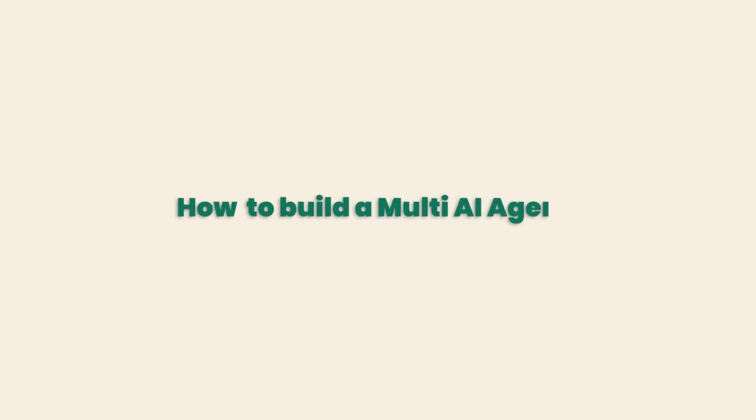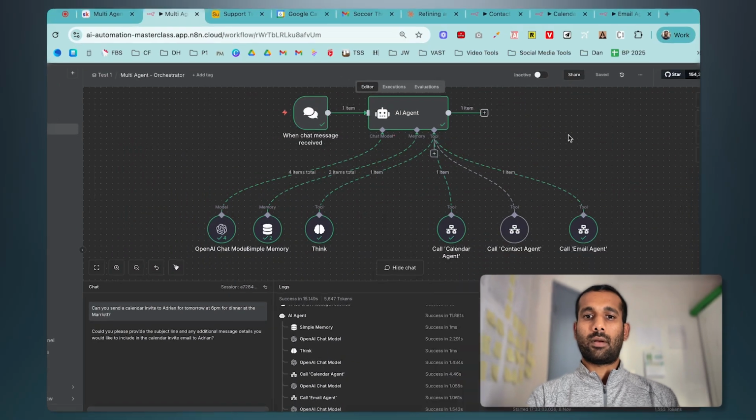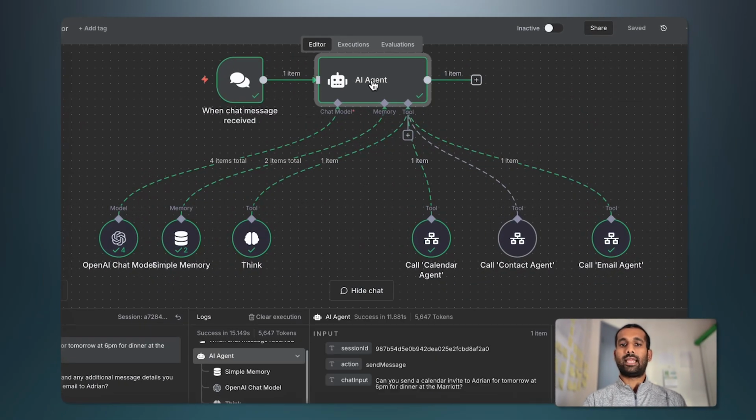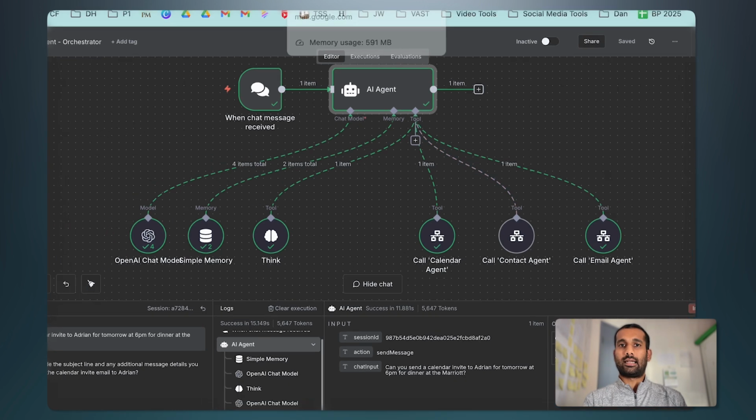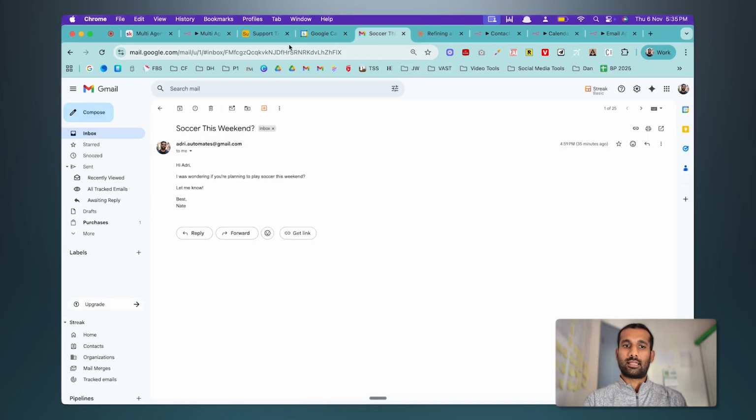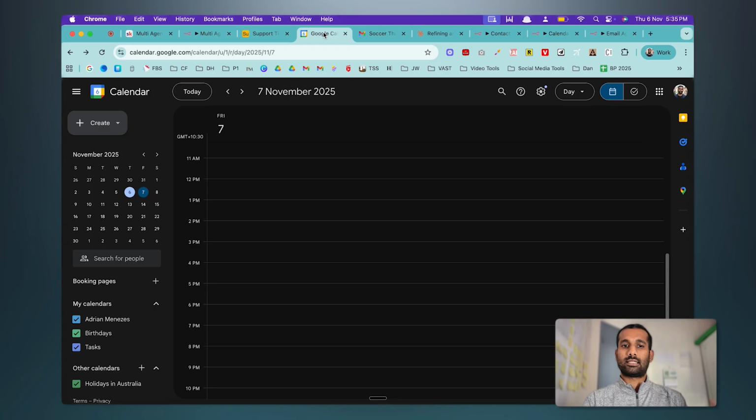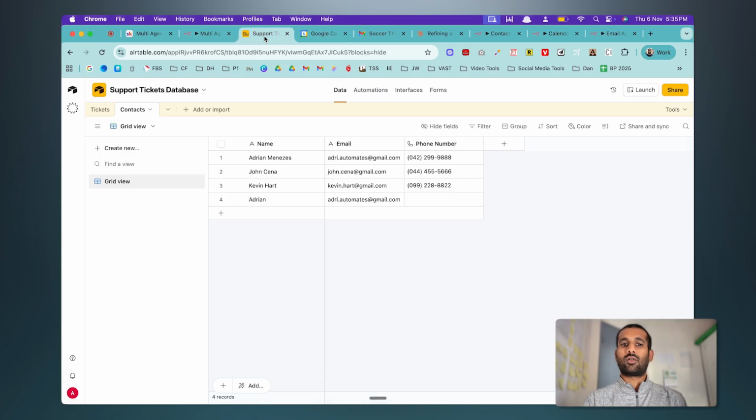Okay, so in today's video, you're going to learn how to build a multi-AI agent. Now, if I come up here, you can see we have this one main AI agent, which is like an orchestrator or a conductor of multiple AI agents. And as you can see, we've given it access to a calendar agent, a contact agent, and an email agent. The email agent has access to our entire Gmail, which is present in this tab. Our calendar agent has access to our Google Calendar, and our contact agent has access to this Airtable database of